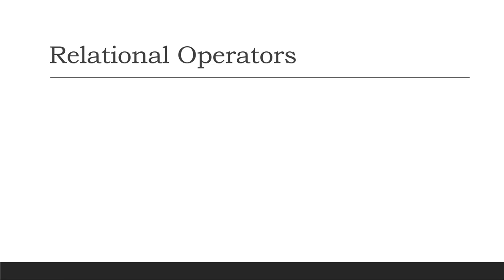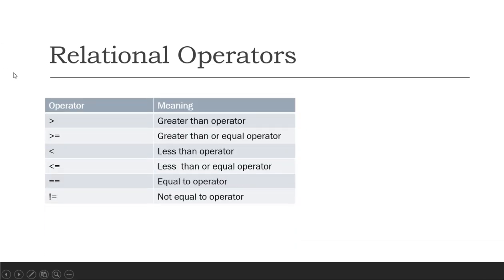The next operator available in Java is the relational operator. So what is a relational operator? These operators are used for the purpose of comparison. For example, to know which one is bigger or which one is greater, or whether two quantities are equal or not. So these are the operators available in Java that are used for comparing two values and checking equality or non-equality of them. The first symbol is greater than or equal to.